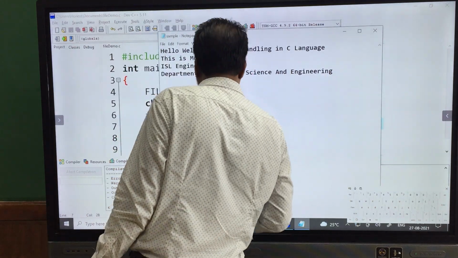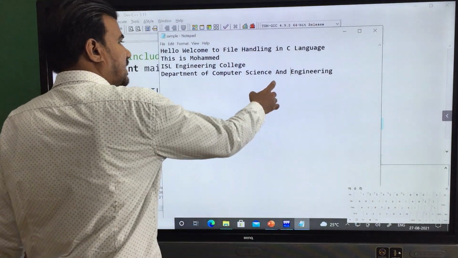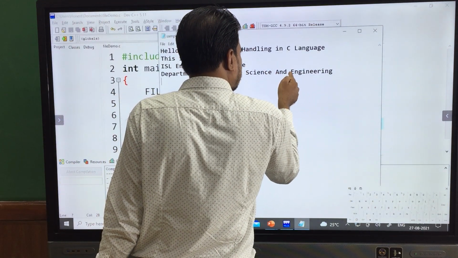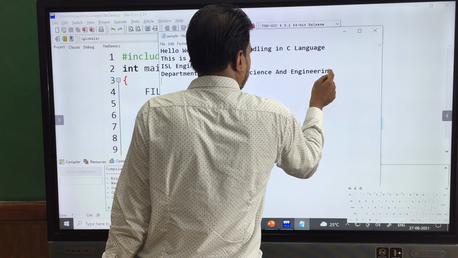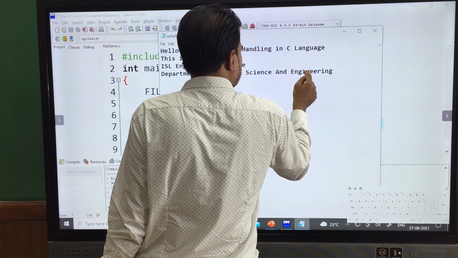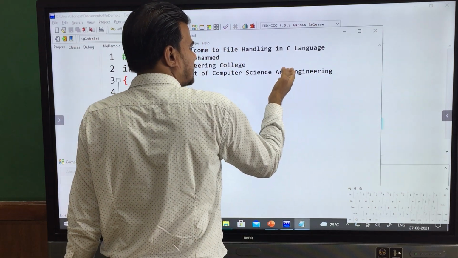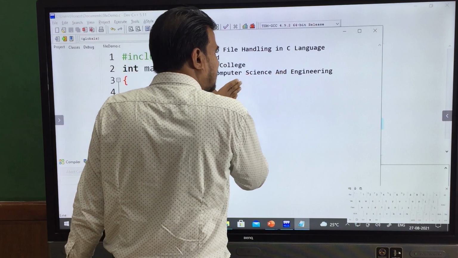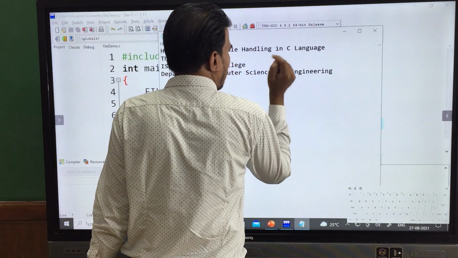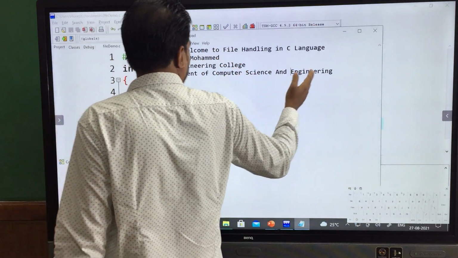So we need to push the cursor to this location because we want to read E. So total 11 characters, I guess: 1, 2, 3, 4, 5, 6, 7, 8, 9, 10, 11. If you push your cursor 11 characters, then it will read this first character E. That is our intention now. So we need to push the cursor 11 characters in the reverse direction from the end of the file.